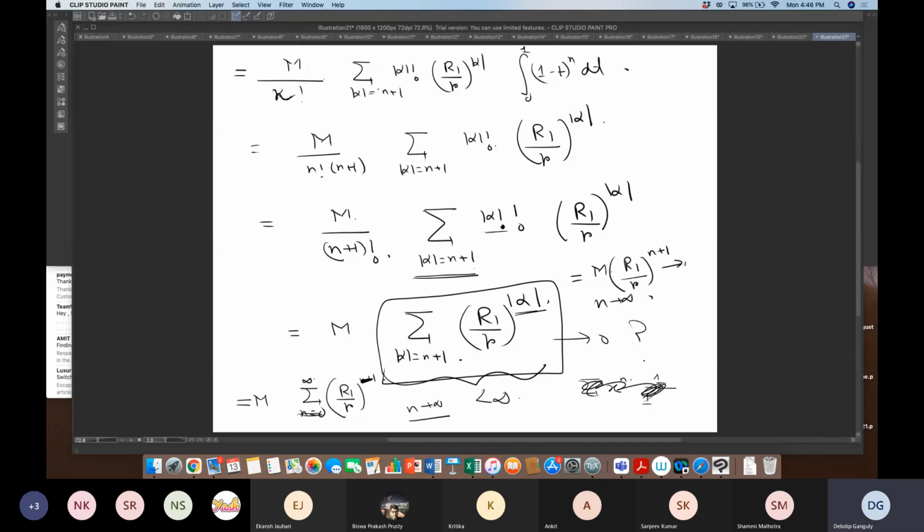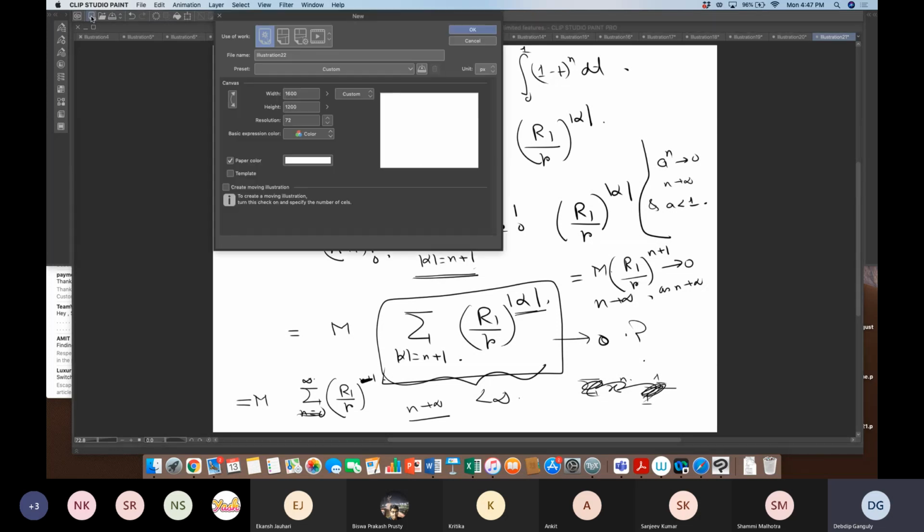And this goes to 0 as n tends to infinity, because a to the power n goes to 0 as n tends to infinity and a is less than 1. Is that clear? Yes or no? Yes, good. So this goes to 0. Thank you. Sorry, I also thought that because of that. Okay, anyway, thank you. So these imply